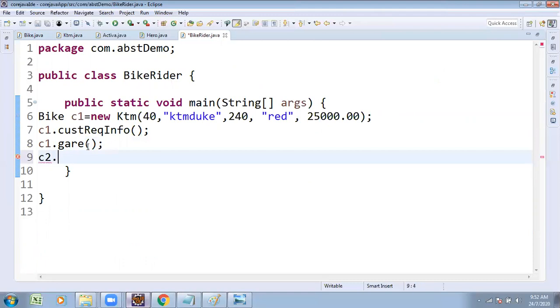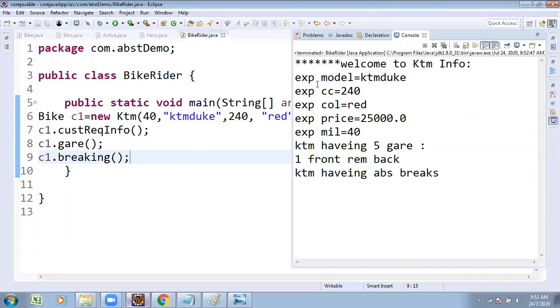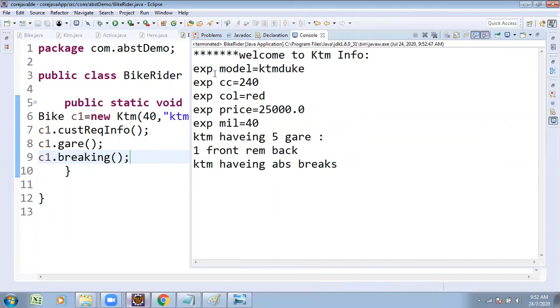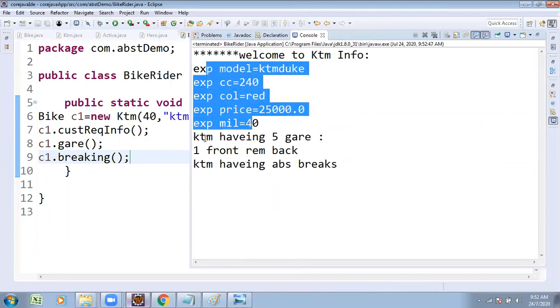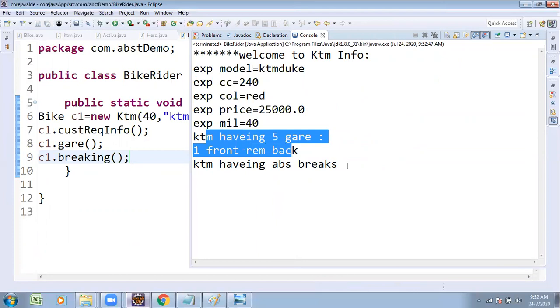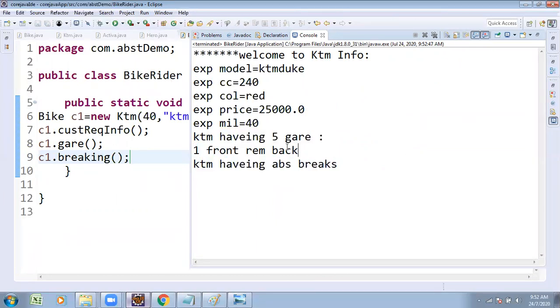Similarly, customer asking braking method: c1 dot braking method. Then logic is executed from the braking method. The KTM brake method is executed.